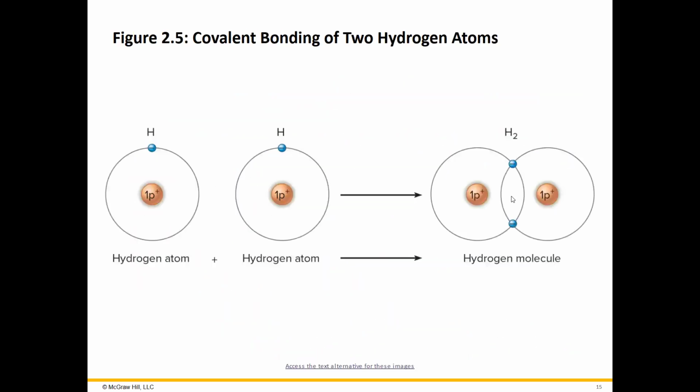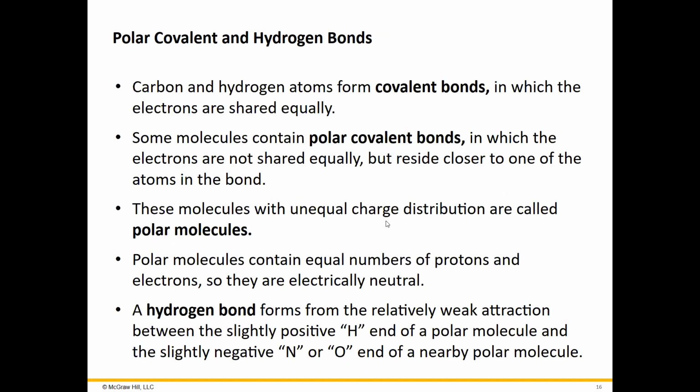Remember, the electron cloud is constantly moving. These electrons are just flying around the nuclei very quickly. In this example, they share it equally. So together, these electrons travel around each other very equally. They don't spend more time around this nucleus and then come over here for a little bit and come back. They fly around the nuclei equally. That is a